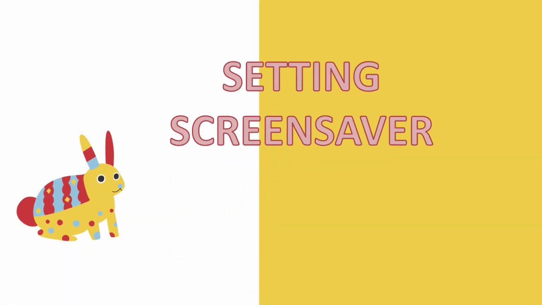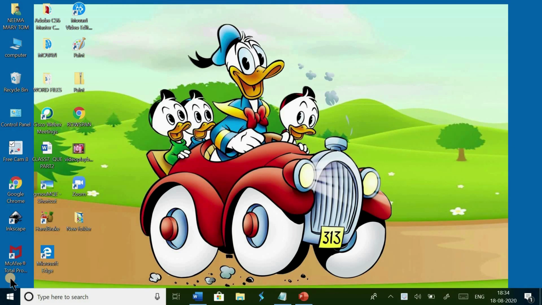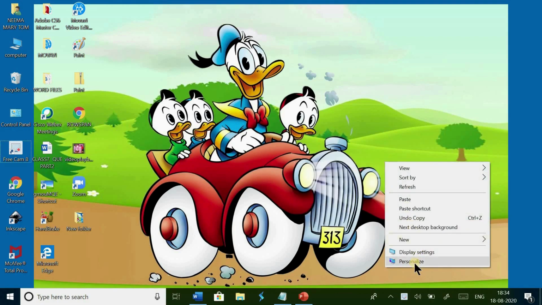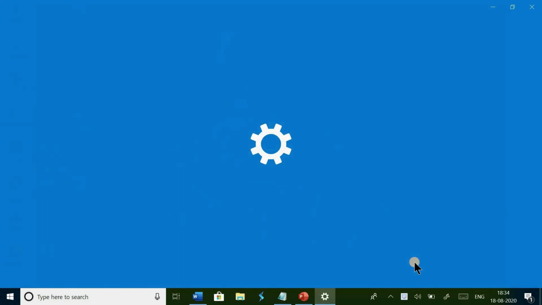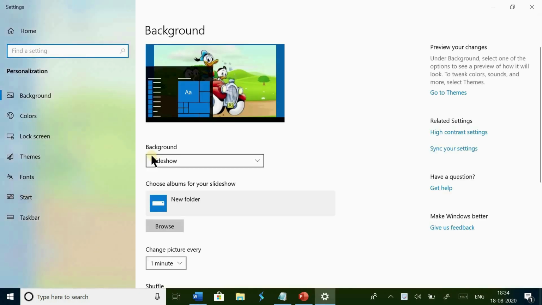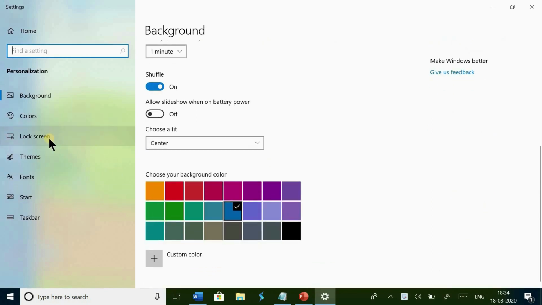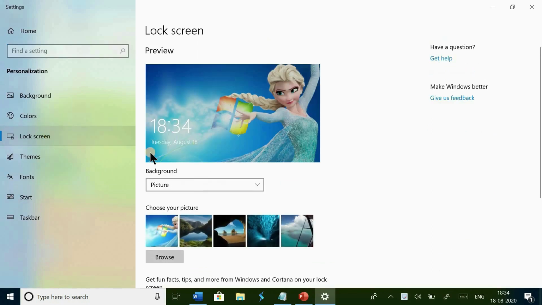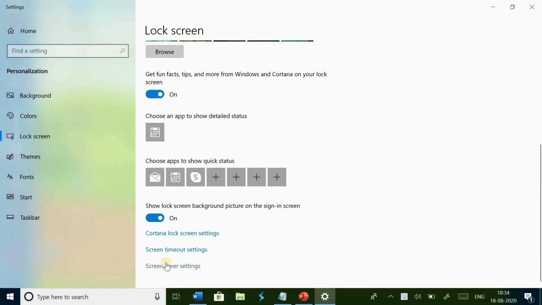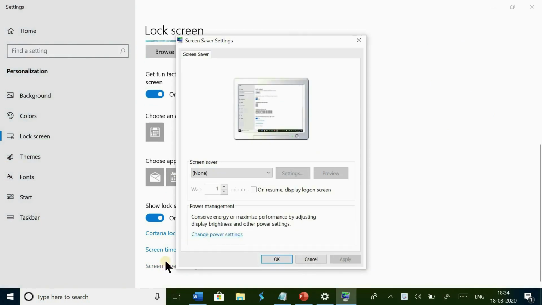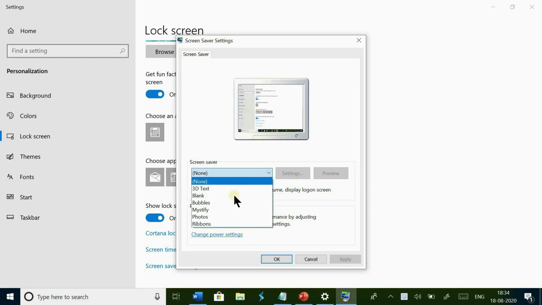Setting screensaver in Windows 10. We can set a screensaver also. For that, right click anywhere in the blank area, click on the Personalize option, then select the Lock screen option, then select Screen saver settings from here. Now we can set the screensaver.